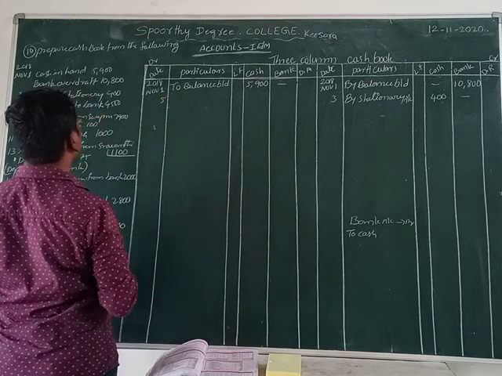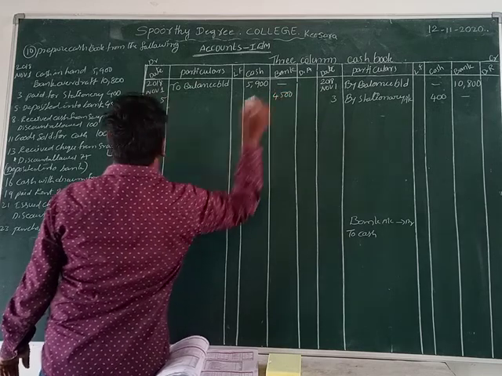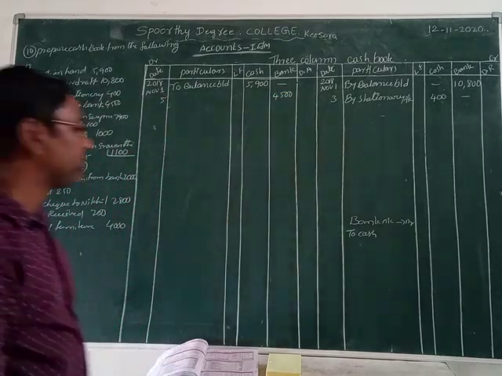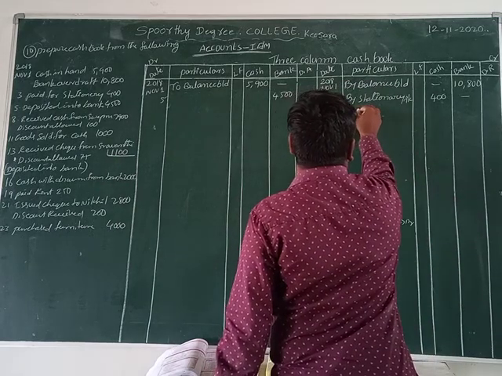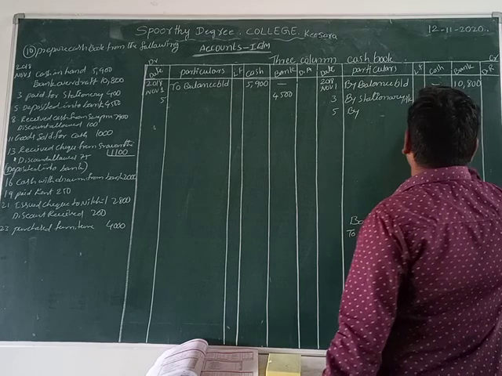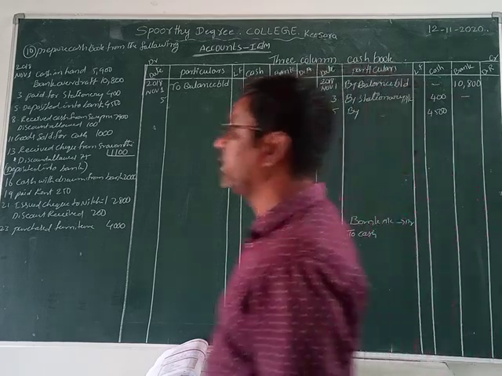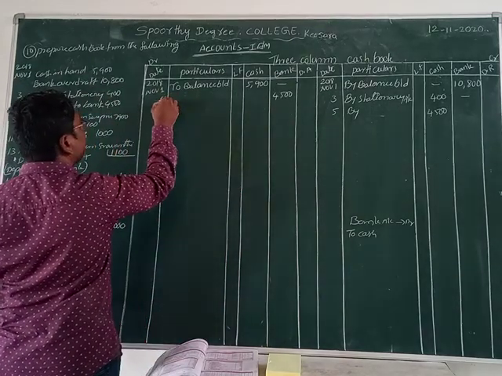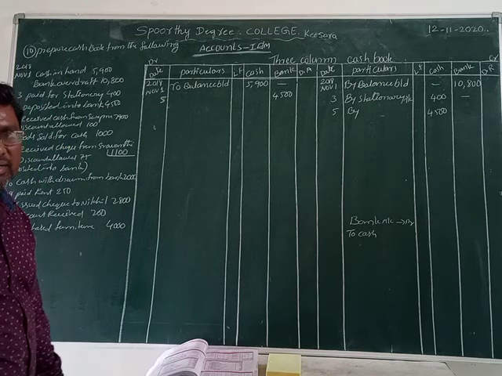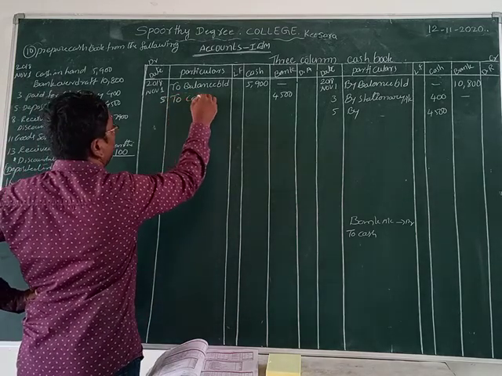So bank is debit, na, that amount we take in the bank column: 4,500. Okay na? Now cash is credit. Why? Because cash goes out of the business. That's why we record it in the credit column. In the cash column we write down 4,500. So how do we write that? We record in the bank column, na. In the bank account we don't write bank. Now what do we write here? Cash. How do we write it? To cash account.